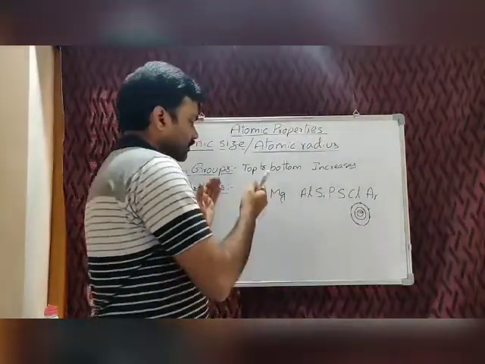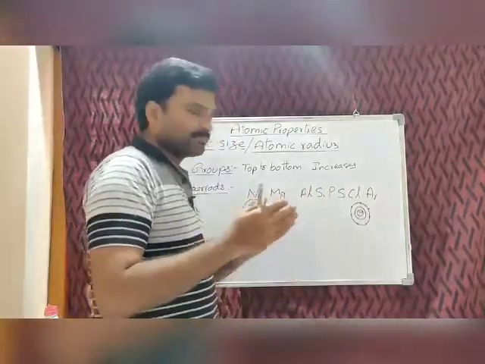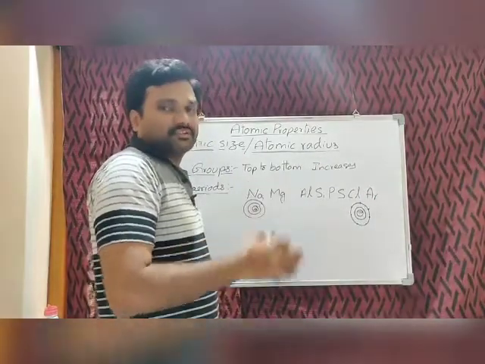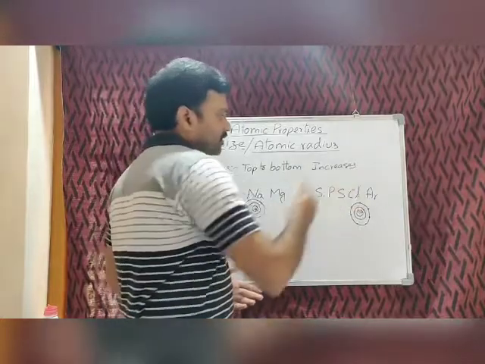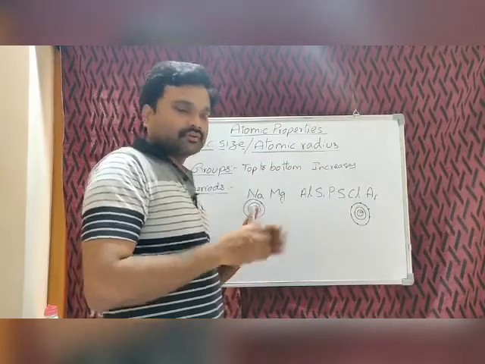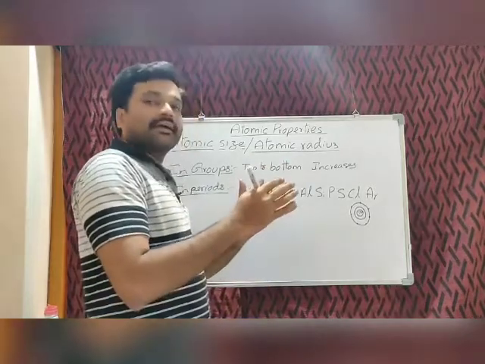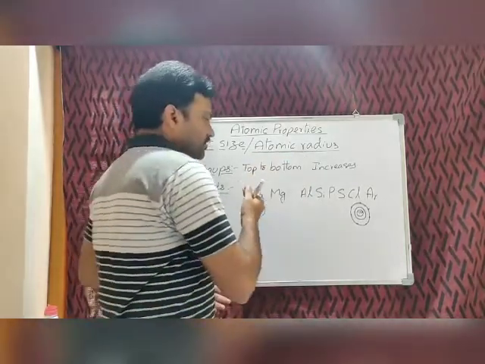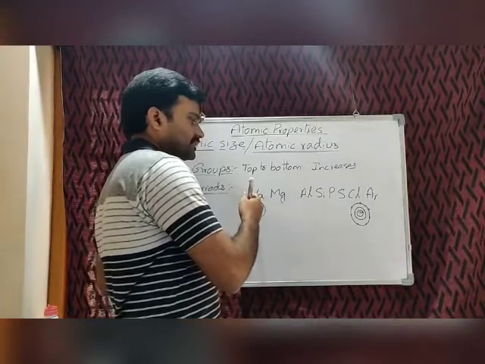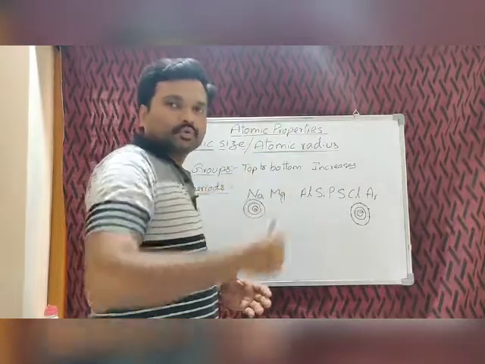To say accurately, the atomic size decreases from alkali metals to halogens. But again, after halogens, in the noble gases, atomic size increases a little. This is because they attain the octet configuration with 8 electrons in the outermost shell. Because of that, there are some repulsions between the electrons in the valence shell. To overcome those repulsions, it enlarges a little. Now we can say atomic size decreases in a period from left to right. To be precise, atomic size decreases from left to right till halogens, and it increases a little in noble gases.